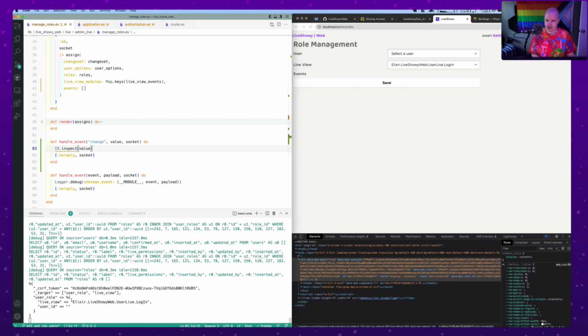So this is the structure of the value that comes back whenever there's a change. And I'm actually only interested in the LiveView value. So what I'm going to do is pattern match here. So this is for the user role key. And then I'm taking the LiveView